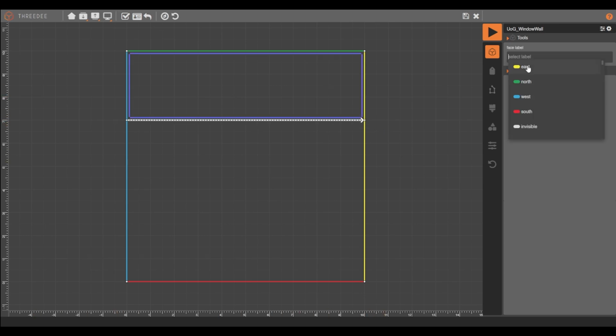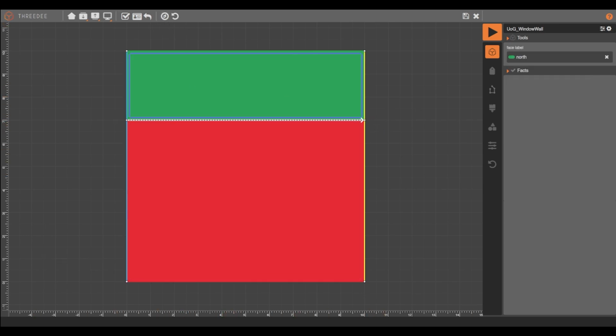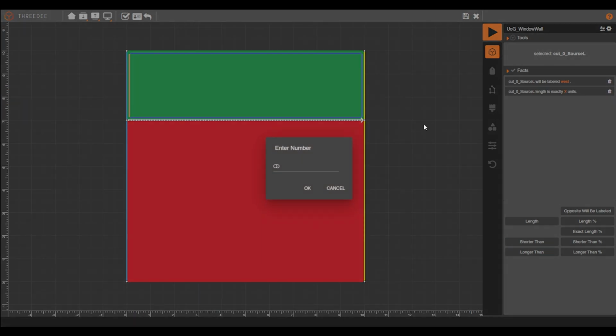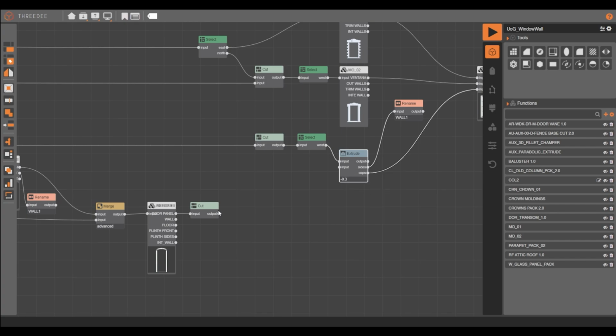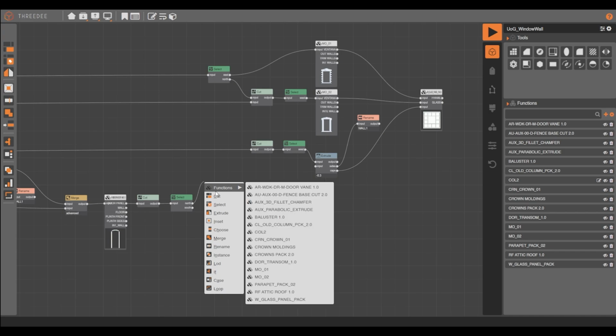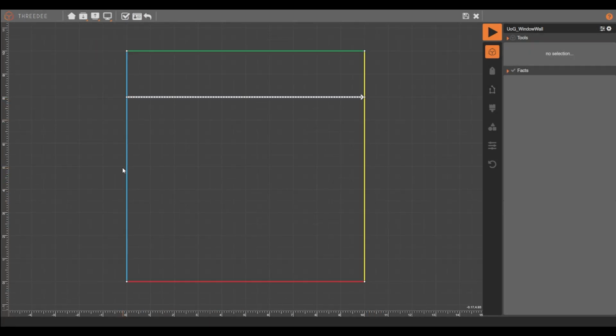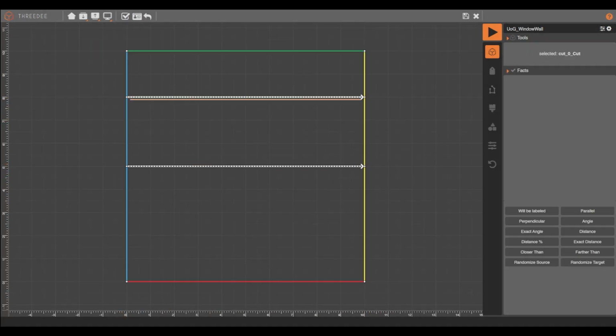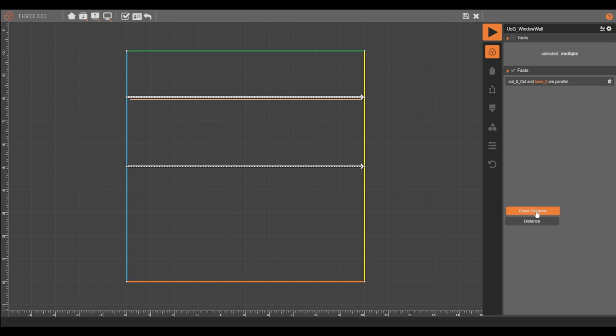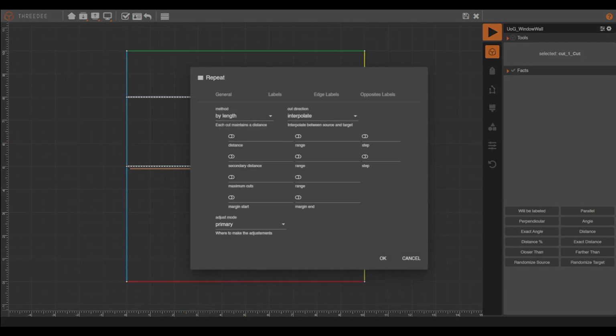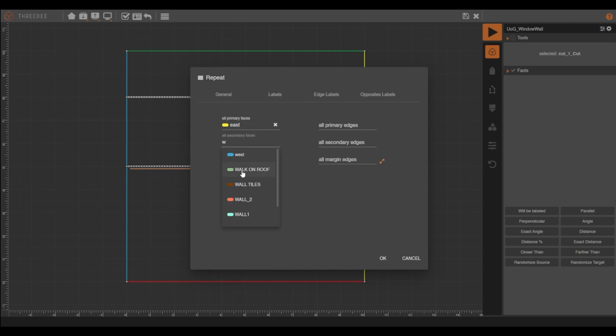Next, we will create another cut, similar to the last one that we created. However, in this case, the smaller edges created at the top will have an exact length of 0 units. We will create another cut node with 2 cuts from west to east. Cut 0 will be parallel to base 0, and they will have an exact distance of 3 units. Now cut 1 will once again be a cut repeat by length, with a distance of 1.5, and will repeat